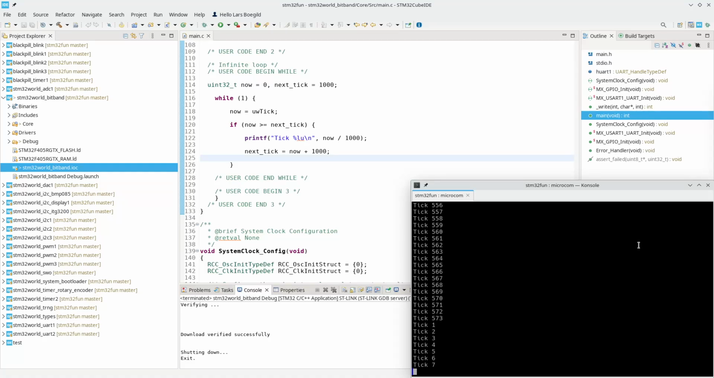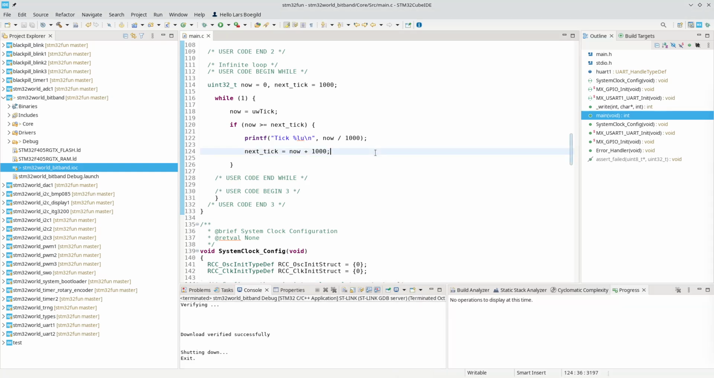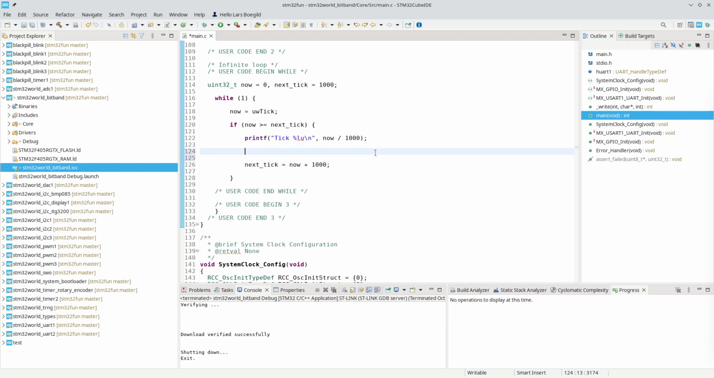Now, let's say we want to toggle the LED in this loop. We have done that before. We have used HAL GPIO toggle, but we should look into how to do this manually. The way we would actually do that is something called read, modify, write. That is the usual method of doing this. So let's try to do this. So first we need to read what is